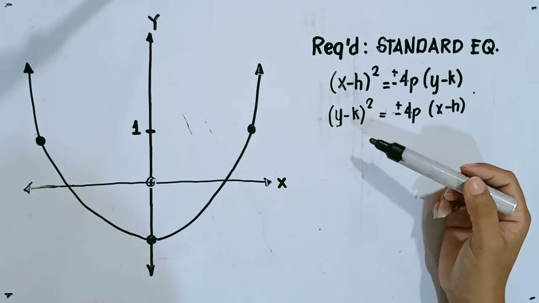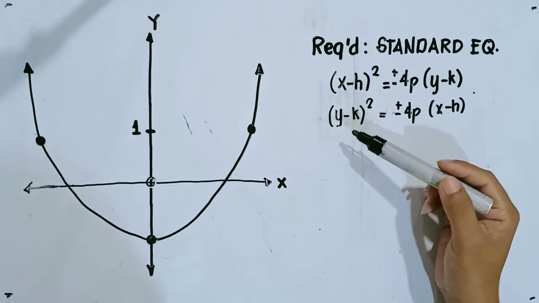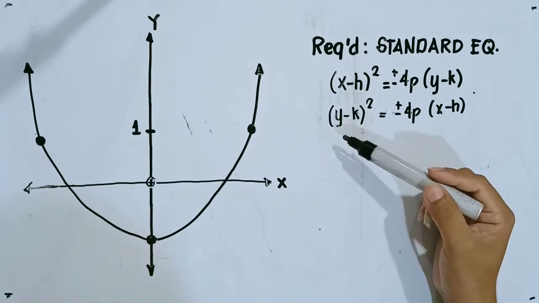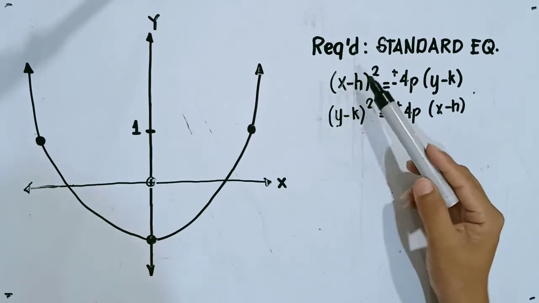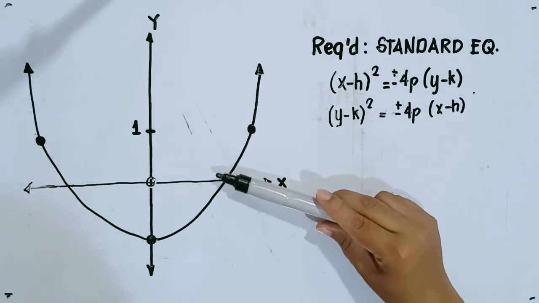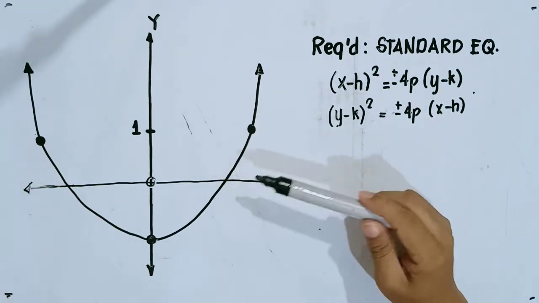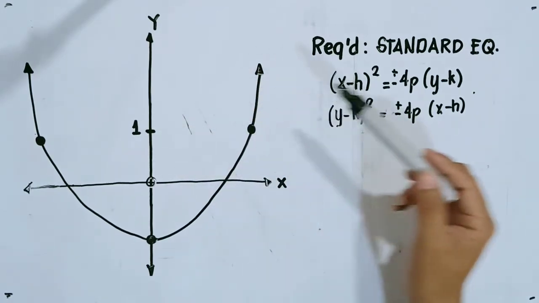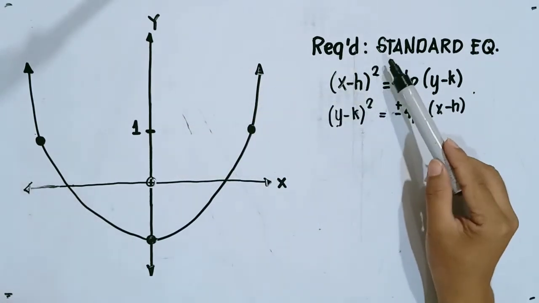Now that we are done finding the focus, the directrix, and the focal diameter of a parabola given the equation, let's have another topic, which is to find the standard equation of a parabola given the graph and certain conditions. Okay, so here we have our illustration, and what we will do now is to find the standard equation